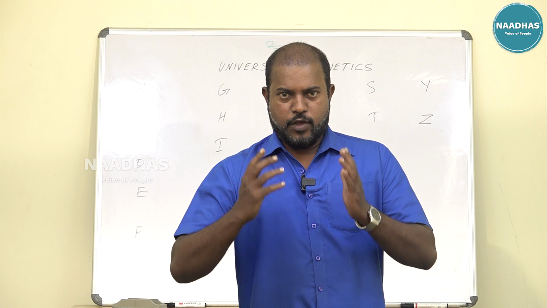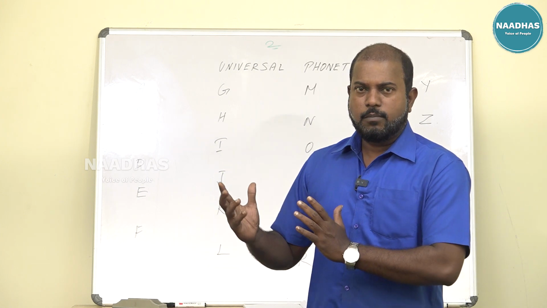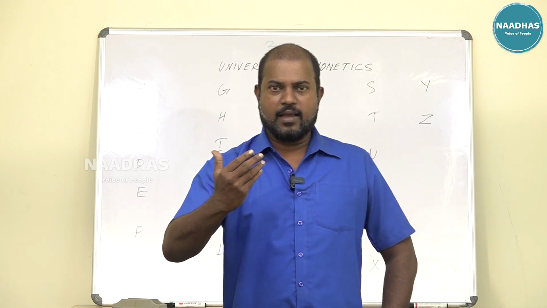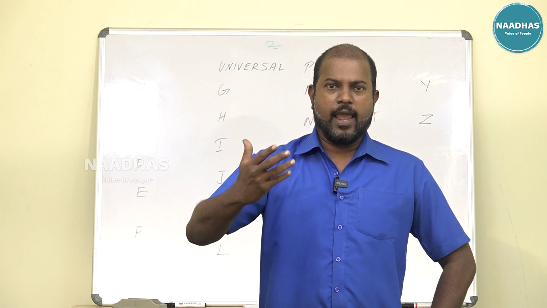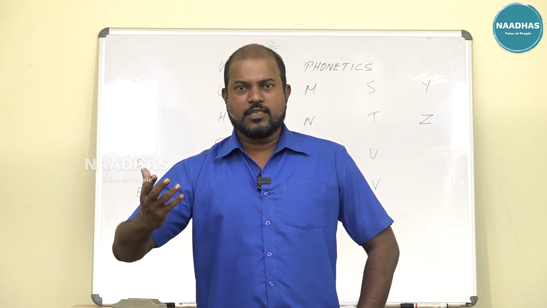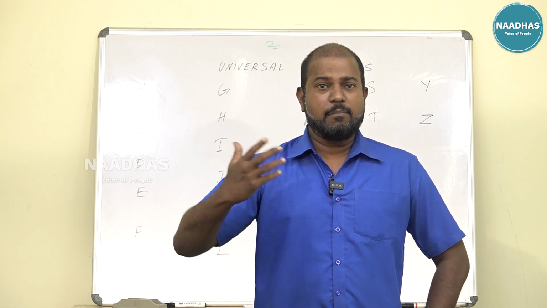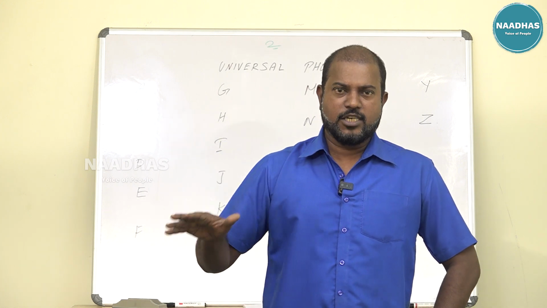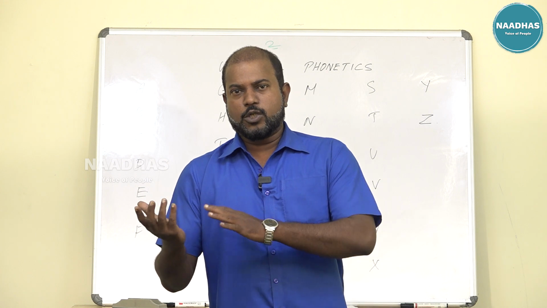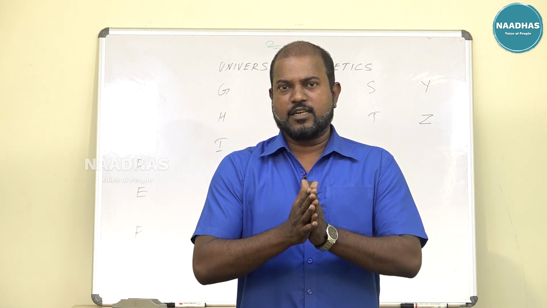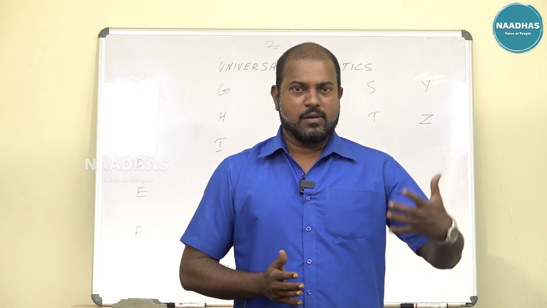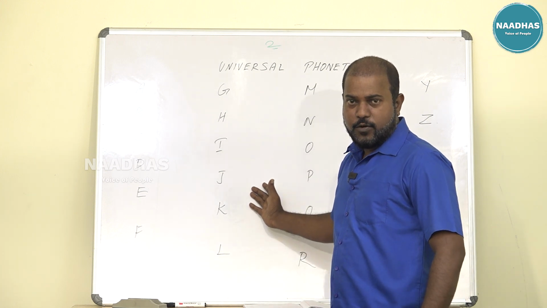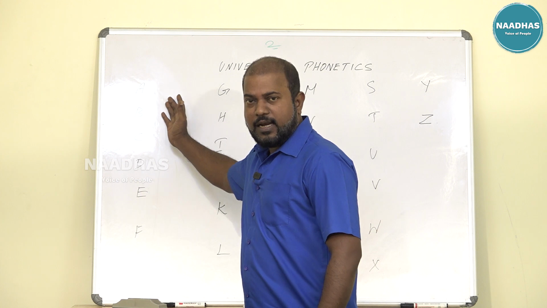But universal phonetics has been formed to avoid all those confusions, because let me give you an example: A for apple. We all know A for apple. But there are some countries where they don't even find apples, like some of the African countries. We all know apples grow in very cold climatic conditions, right? So what are the students or people in African countries or some desert regions, where apples don't grow, going to do? So we come out with a common pattern,